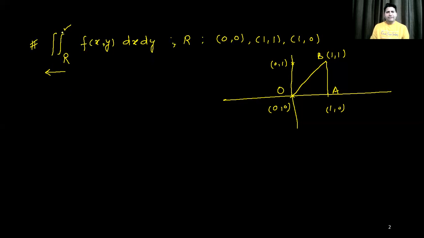Whatever the last limit of integration is, we have to start from that variable. Suppose the last limit is given for the x variable, then we have to do the integration for x first, then for the next variable, y. If the last limit is given for variable y, then we first do the integration for y, then we move to the integral for x. Now how to decide which variable we need to integrate first, or which limit we should put first? It depends upon